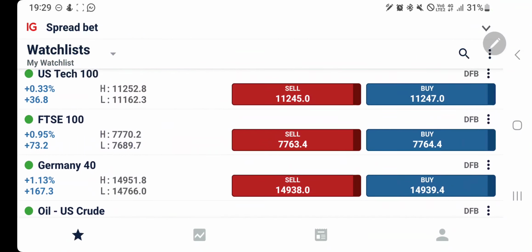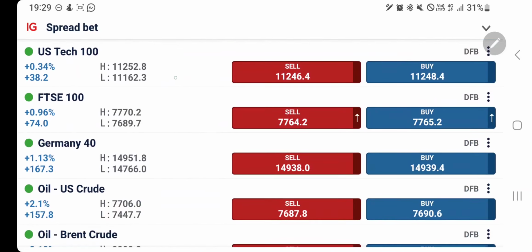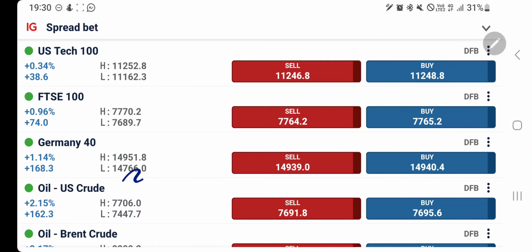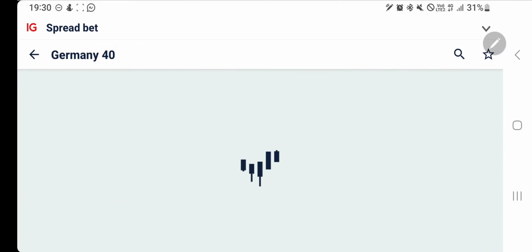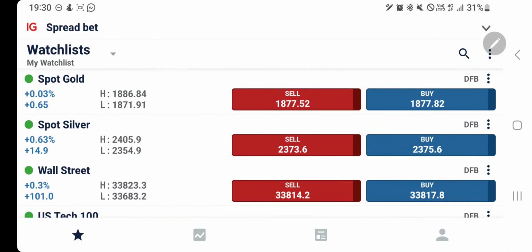In the morning analysis, I asked you to remain long on gold above 1880 and see it has achieved 1887. Likewise, I asked you to remain long on oil above 75.2 and see it has achieved the $77 level. So now what to expect in these two? Which position you should take with the US cash session? We will see with the help of charts and indicators.